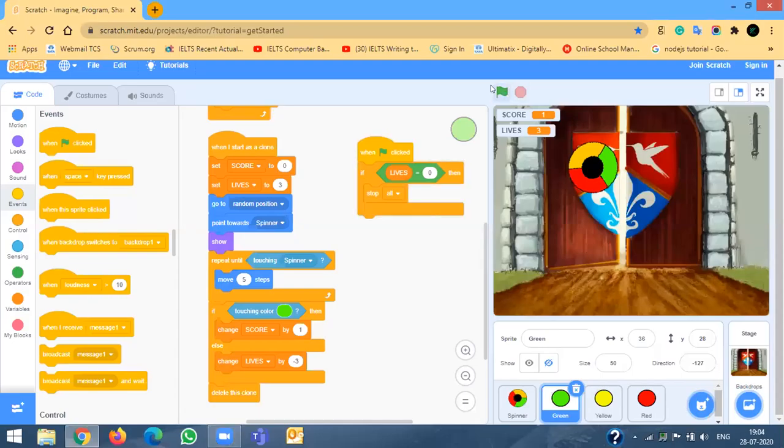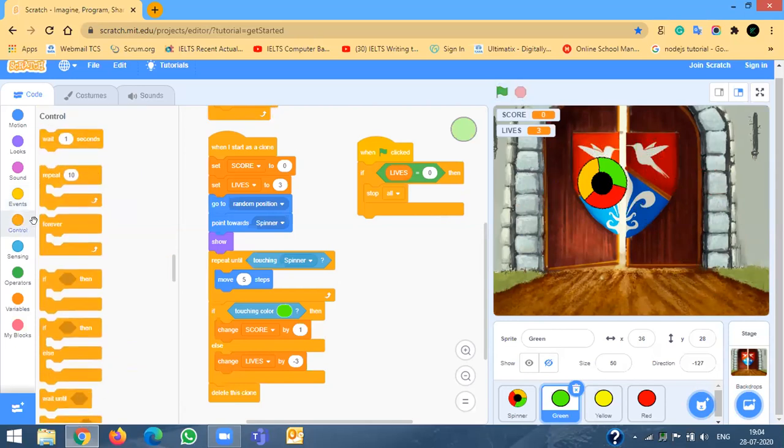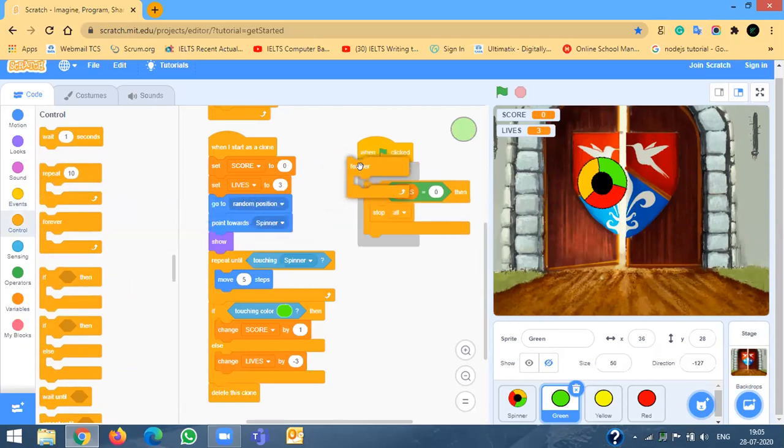Okay, score 1. Very good. Okay, very nice. Red is coming. It becomes 0, but it doesn't stop. It has to be in a forever block, right? Oh yeah. Right. Now let me go to Rakshita. Okay. Yeah, just 2 minutes.